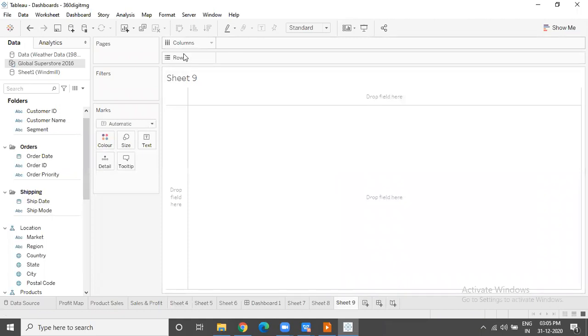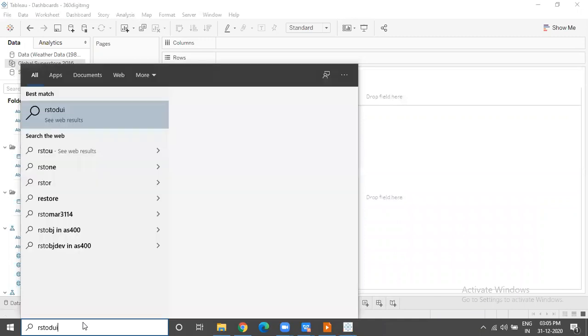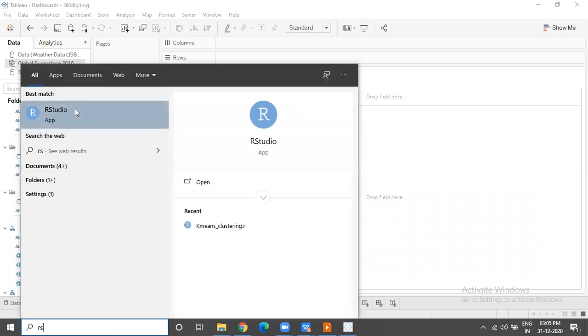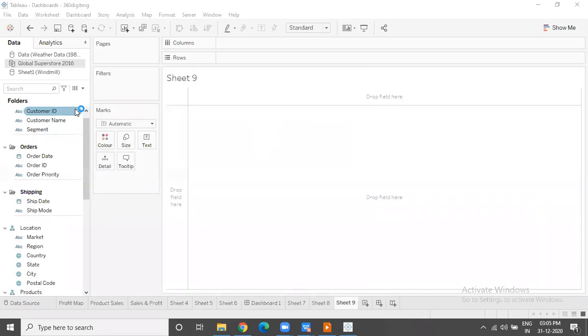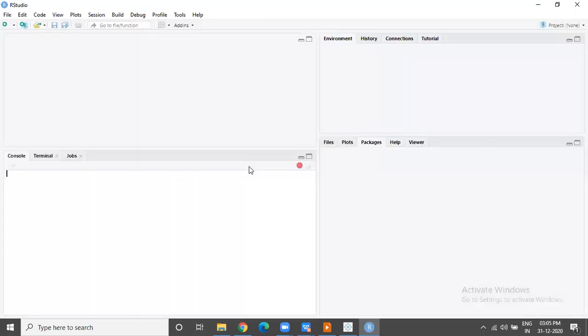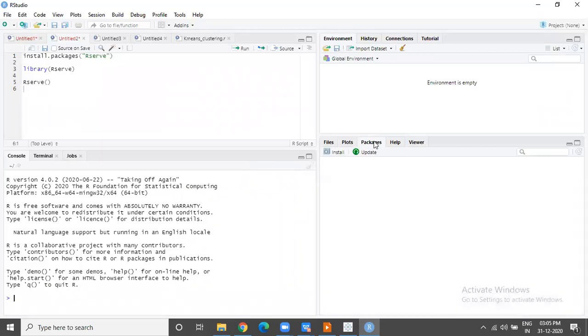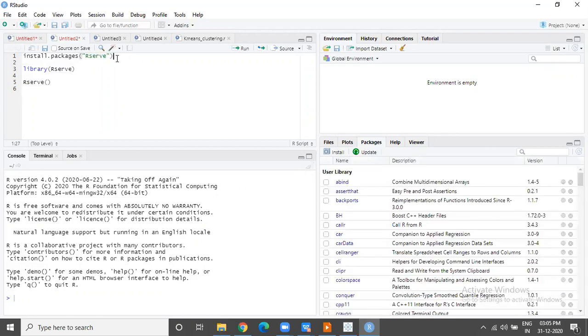Now for Tableau to be able to communicate with R, we will have to first start R Studio. Now in R, there is one service called Rserve. We know that R is a collection of a lot of packages. Every package is pre-written code, which will do some functionality, which will help us work with our data. So under packages, there will be one package called Rserve. What this Rserve will do is help R to communicate with external applications like Tableau.